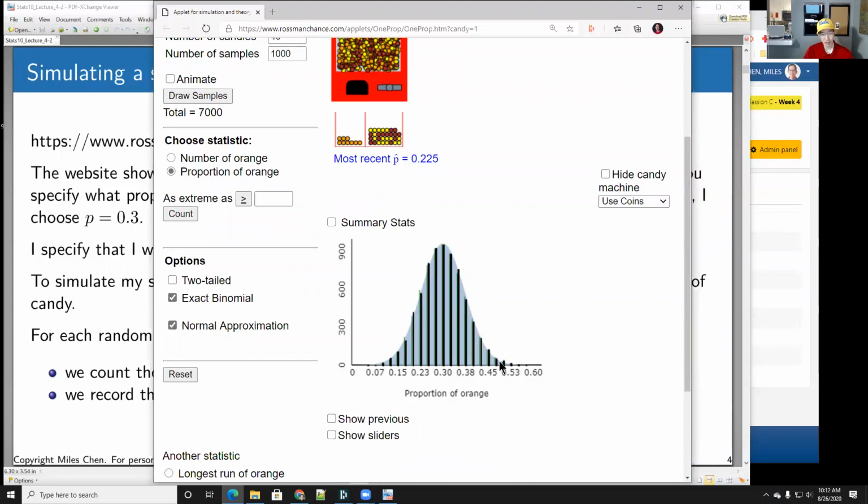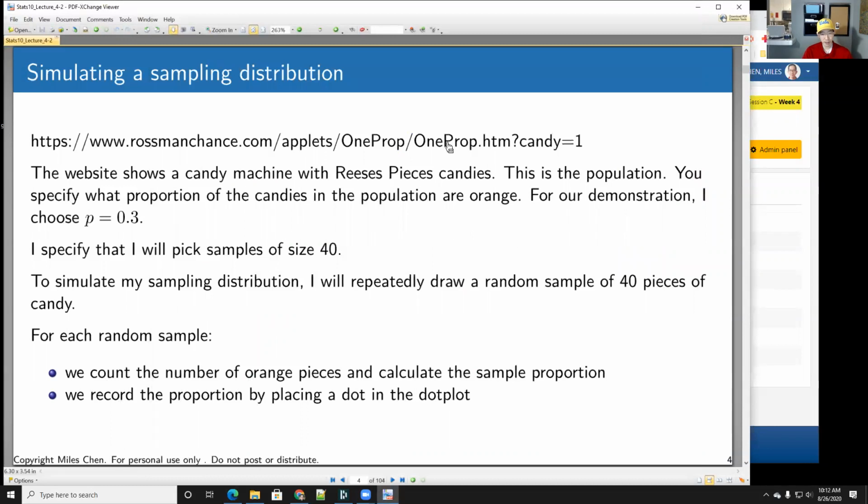It's not exact. Technically the sampling distribution is binomial with all of these lines, but when n is large, the sampling distribution can be approximated with the normal distribution, and it gets us close enough to the right answer that we can use that. Okay. All right. So these slides are all just